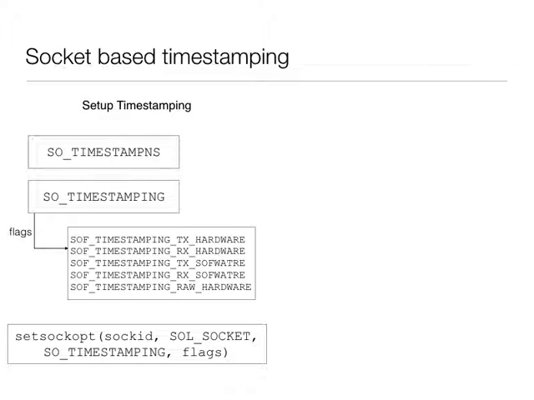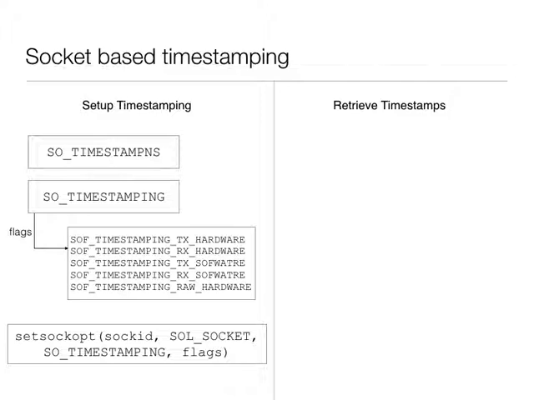Okay. So you use this set socket option API to actually specify that you need hardware timestamping, and these are the flags that you need. And then this is the setup part. The left side is the setup part. And the right side, now that you have set up, now the packets are transmitted and received,